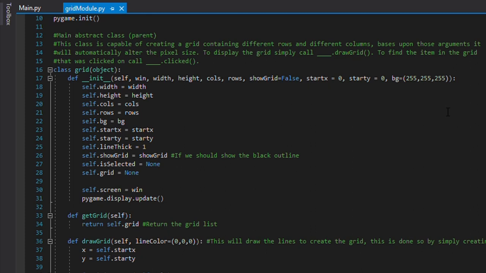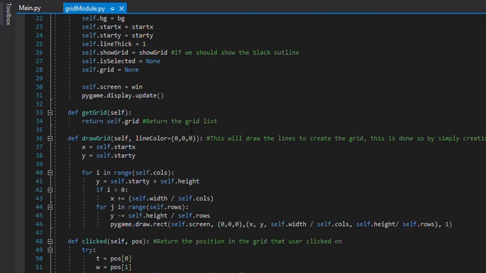So moving on, first of all, I have used a constructor. The first constructor, this is the name of the method. This is how you initialize a constructor. So simply in the constructor, I've taken the arguments and just given the values to the variables within the class, as you can see. After that, I'll just update the display using this syntax. Another function that I have used is the getGrid function. Now what this function does is that it simply returns the grid.